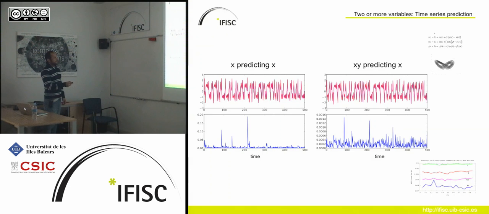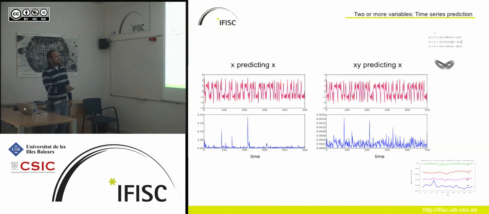When we train our predictor with x, and we try to predict x, we found this plot over here. In blue is the real time series that we have, and I am not lying, while in red is the prediction of the system. As you can see, they are very good. In the lower part, I computed the difference at every time step, so you can see that they are very close to each other. However, if you look here, we are in the order of 10 to the minus 1.